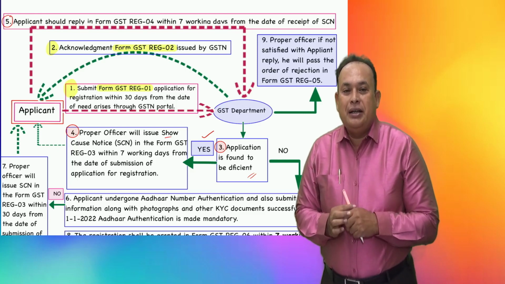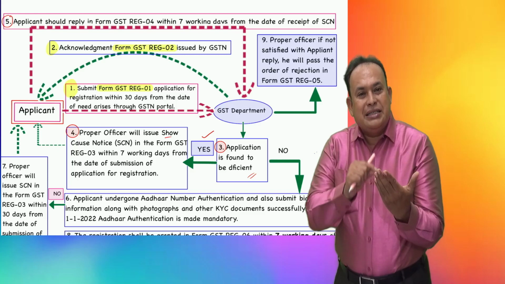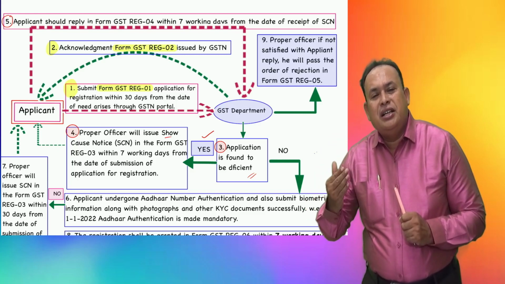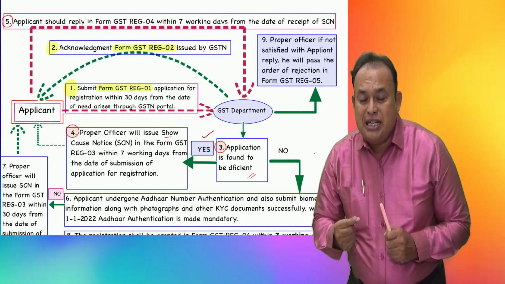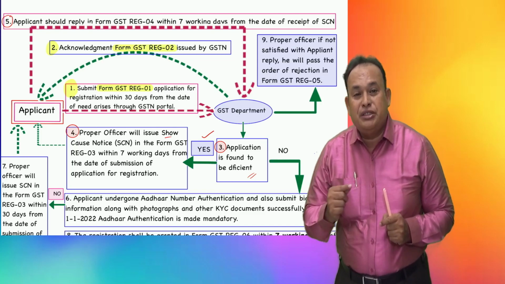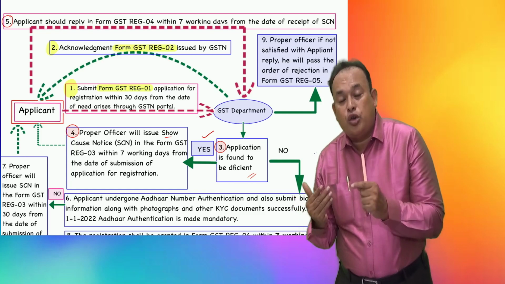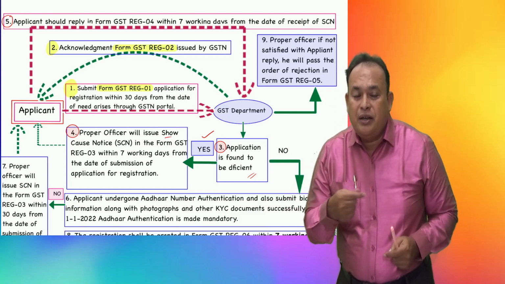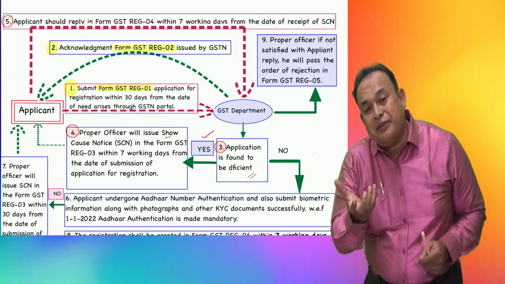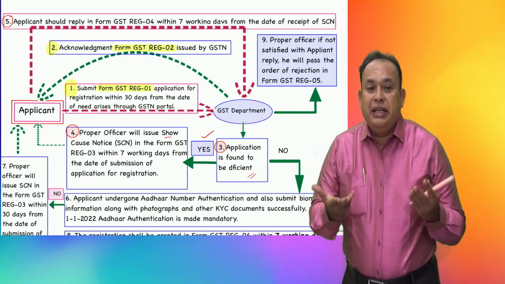You see, the department verified in step 3, found certain discrepancies, and issued a show cause notice in the form GST REG 03 within 7 working days from the date of receipt of the application. The applicant who received the show cause notice should reply to the department in the form GST REG 04 within 7 working days from the date of receipt of such notice, saying